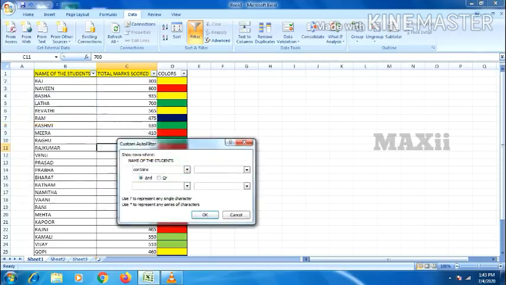Like give contains: I want the name which contains RA. You can also say which is greater than, which is less than. Any other options you can give, like does not begin with CA. Among all these names, I want the names of students where the letters RA are contained, but which do not begin with CA.